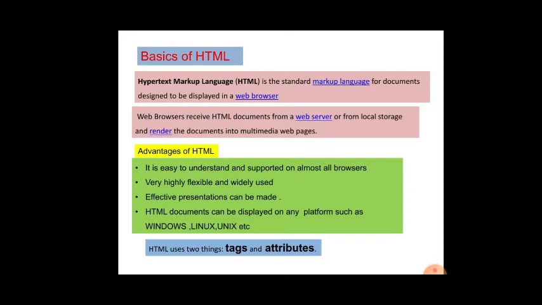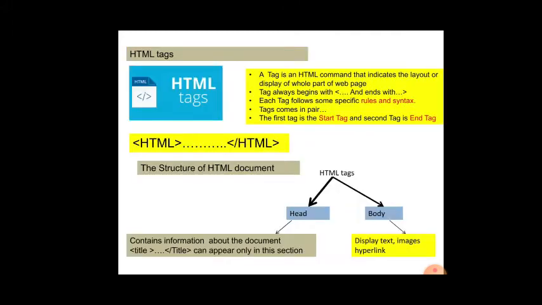If a website needs to be modified, we need to check the HTML page. This HTML page can be on any platform, that is a Windows platform, a Linux platform or a Unix platform. All these are operating systems, so in other words HTML documents support many operating systems. Basically, HTML uses two things that you have to learn here: the tags and the attributes.